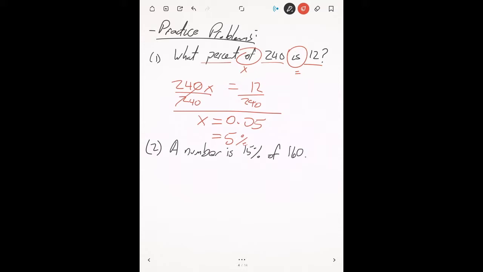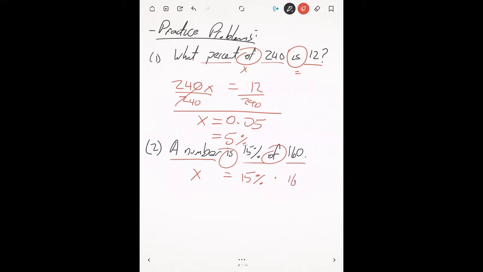A number is 15% of 160. Is, first keyword we got to find. There's our equal sign. Then we have a number. Well, I haven't specified what that is, so that's my unknown. That's going to be x. So a number x equals, then we have 15% of 160. That means I'm multiplying together